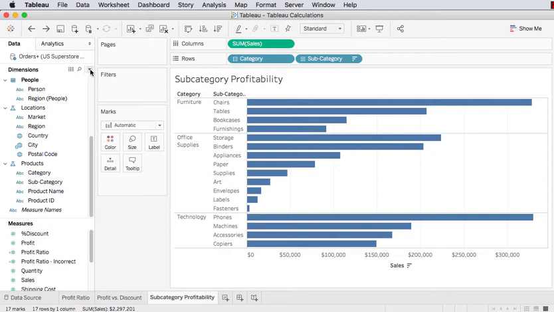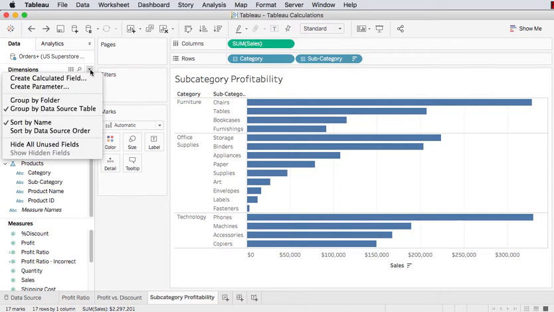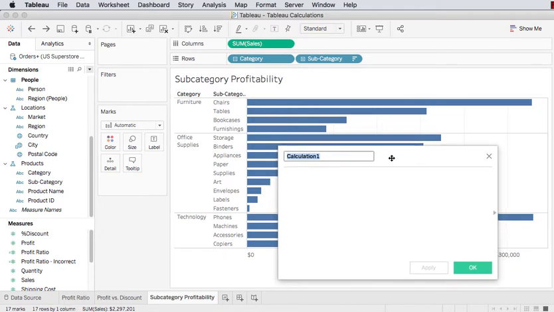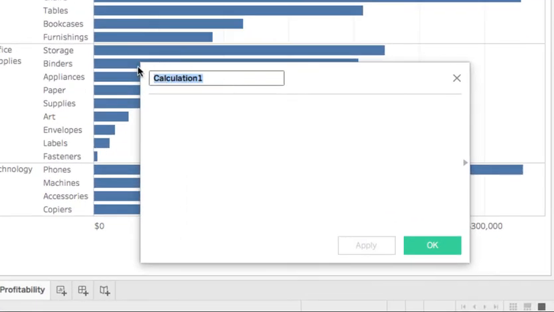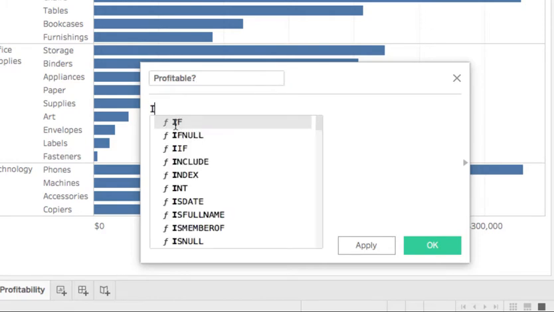So let's click on the drop down in the upper right hand corner of the data pane. Select the option for create calculated field. Bring up the window, and we are going to call this one Profitable?. And we're going to write a basic if statement, just saying if